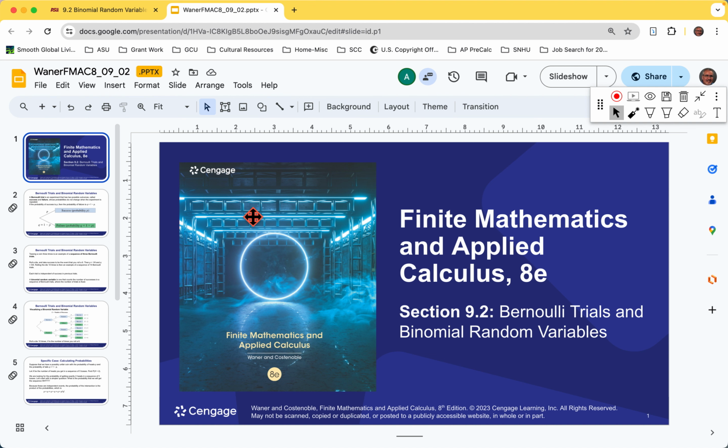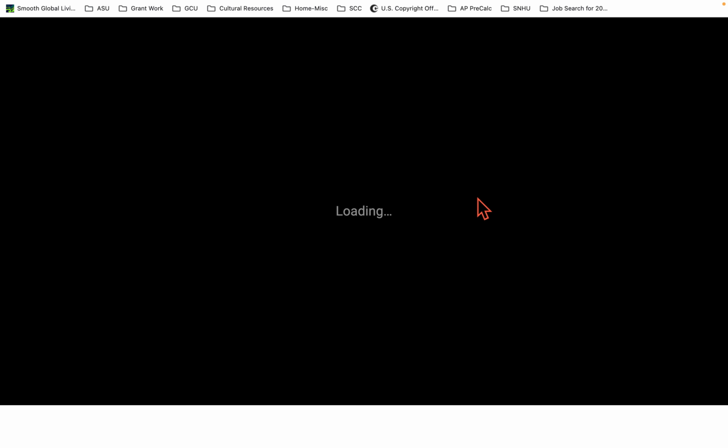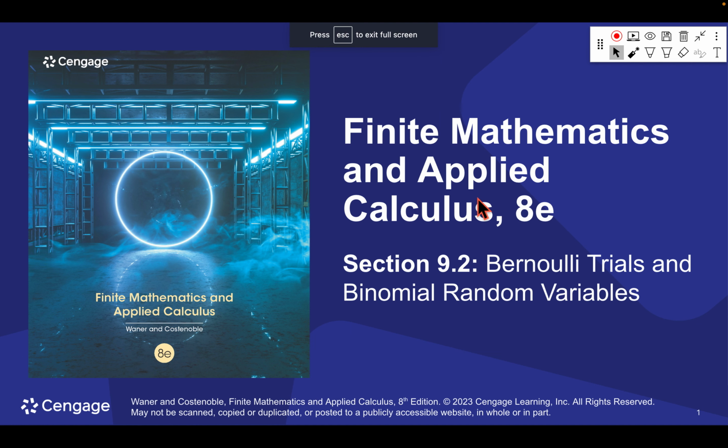Okay, let's just get into this. And then they give fancy names like Bernoulli trials. Well, why? Because there's some guy named Bernoulli who did this stuff. So first of all, let's break this down before we go too deep. Binomial, bi. What does bi mean? 2, exactly. So a binomial random variable is either on or off, right? There's only 2 options. You either pass or you fail. There's not a third. So bi is what we're doing.